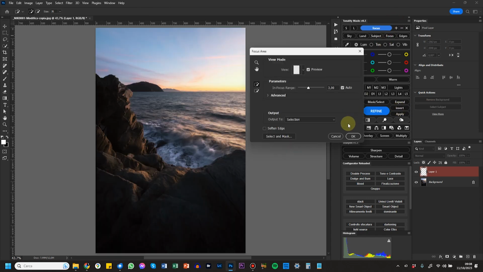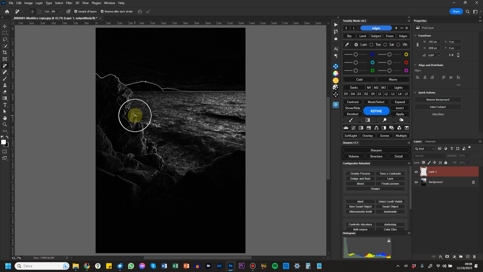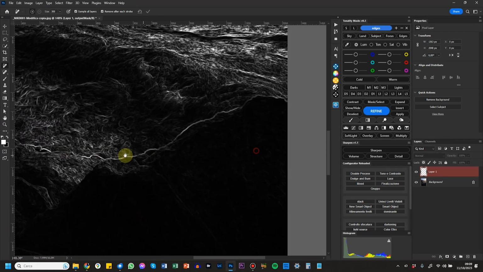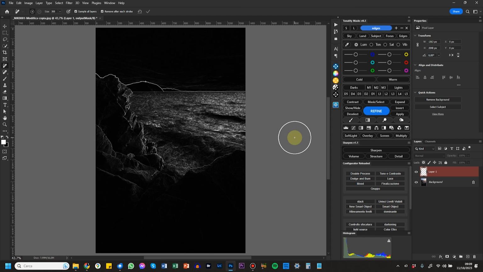Then there is focus selection, just press OK here, and we'll select all the areas that are in focus of your photo. Of course, this is a landscape with f11 aperture, so everything except the sky is selected now. But also in this case, if you have some bokeh in the background, it's going to select just the focus part. And the edge mask. The edge mask will select all the edges of the elements in your photo. So if you take a closer look, you will see that only the edges are selected. That's very useful, especially when you are playing with sharpening, for example.